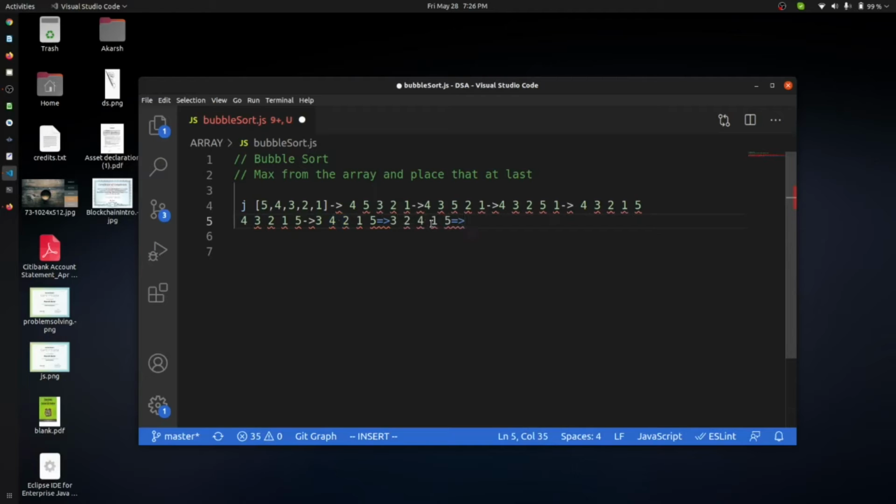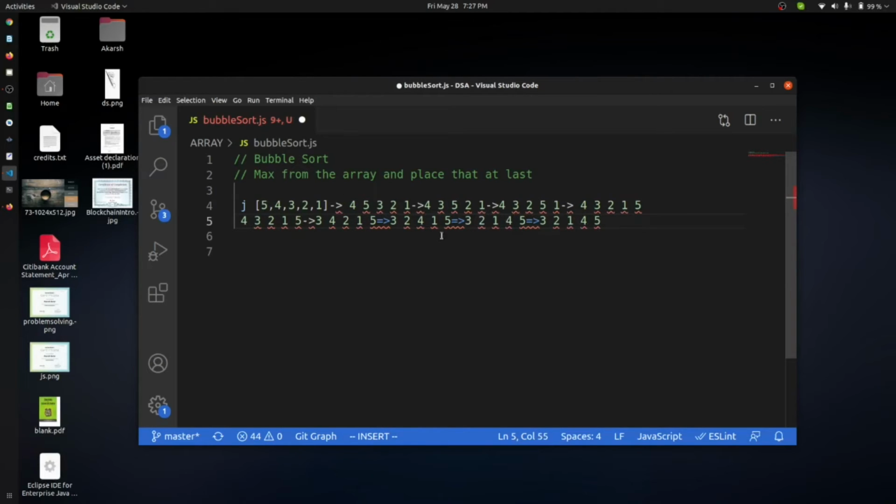Now we check 4 and 1, which is greater, giving 3, 2, 1, 4, 5. After that we again check 4 and 5, and 5 is greater than 4, so it stays 3, 2, 1, 4, 5.